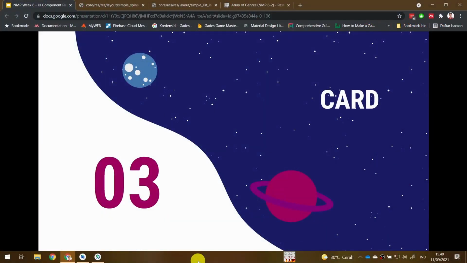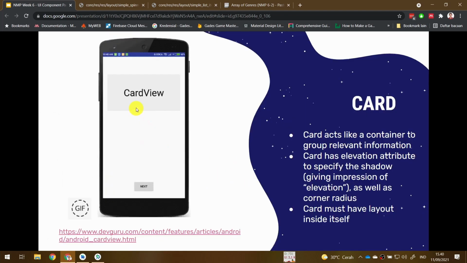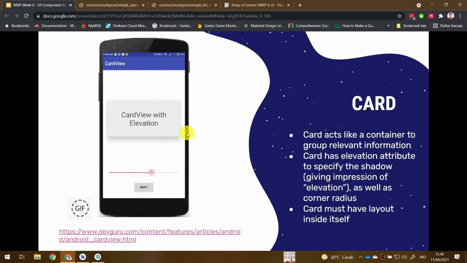Okay, the final Android UI component we will learn today is a card. You may have noticed that most recent Android applications use cards. A card is the most used UI component in current applications. It will look something like this. This is a card, and a card can have shadows underneath it. A card acts like a container to group relevant information together, and it may have an elevation